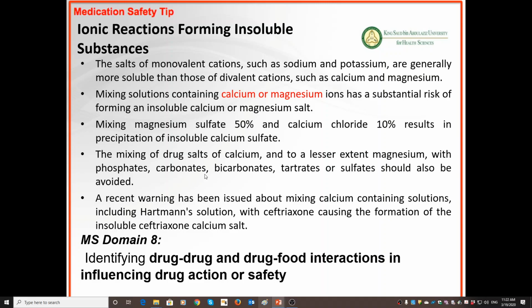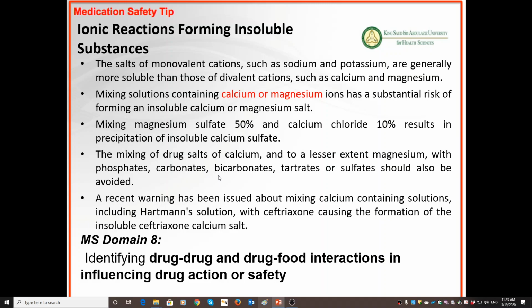So this has appeared as a warning: mixing a calcium-containing solution, like Hartmann's solution or a TPN solution containing calcium, a calcium-containing parenteral solution. They found that when a patient taking ceftriaxone had it injected or diluted in Hartmann's while taking this nutritional solution, precipitation of calcium ceftriaxone occurred, and this caused a serious problem. So this is a very serious issue, the issue of